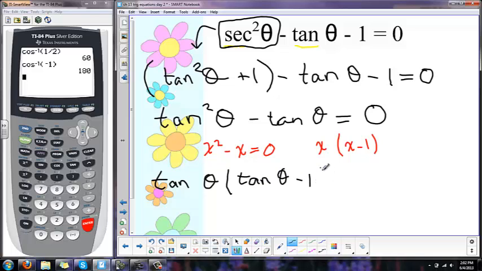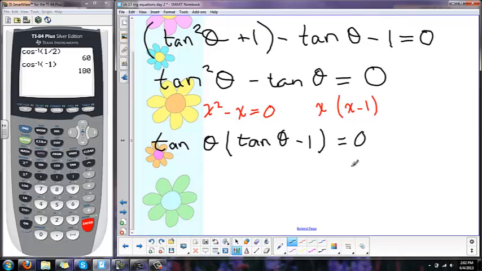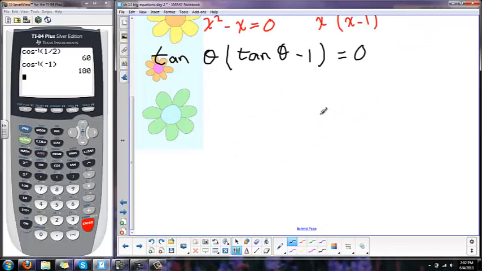It's nothing new. You already know how to do this. It's just kind of introducing it in a new light. Now we have 2 different options. We have tangent theta is equal to 0,